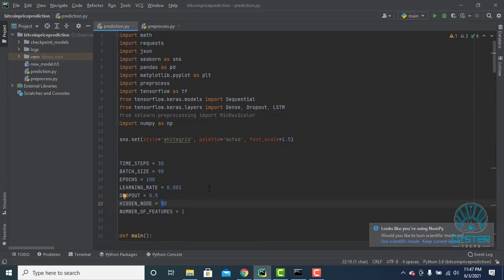We also compared this model with some existing methods, such as other RNN LSTM models and MLPs, using RMSE and so on. This comparison revealed that using the LSTM with proper hyperparameter tuning is one of the most effective methods for predicting Bitcoin prices. So this was all about this project.